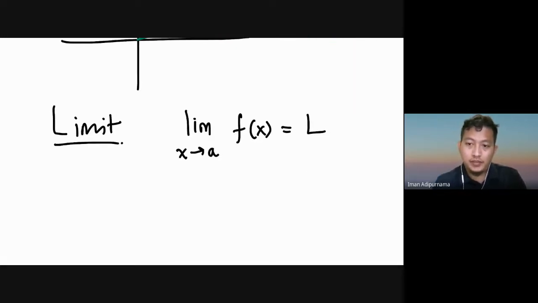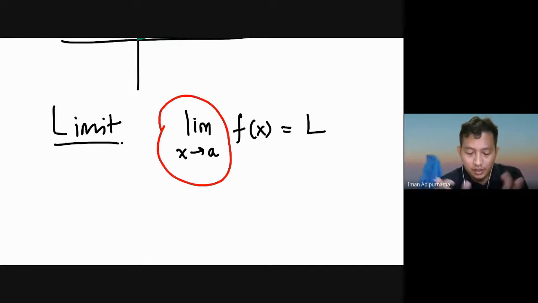We can have 2.0001 or 1.99999, but we can make a conclusion that it is 2, but we need to make a new concept. So limit is a new concept, or a concept